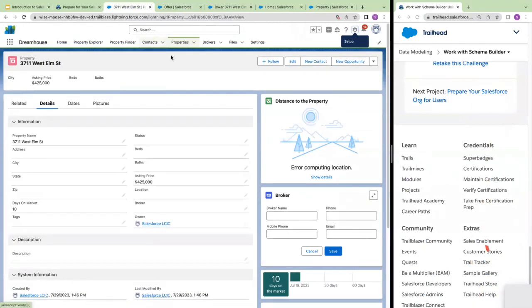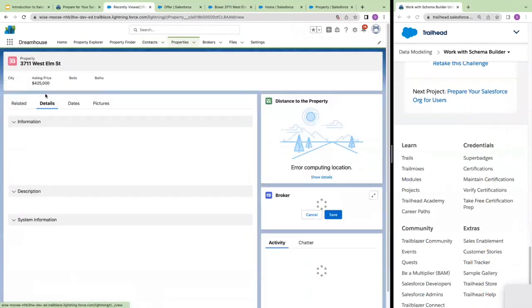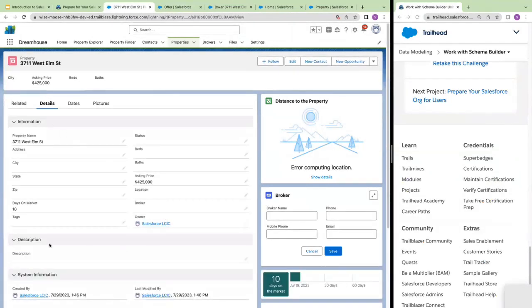It was on properties, right? If I go to the property object, I should have that. What was it called? Street address. Okay, it should be somewhere here. It's not here, right? I cannot find it. The reason is that when I use Schema Builder to do it, it will not automatically add it to what we call a page layout. Again, we'll talk about page layouts in a lot more detail later: how page layouts are done, what the different types of page layouts are, and how we can assign page layouts to different record types. That is going to come later,